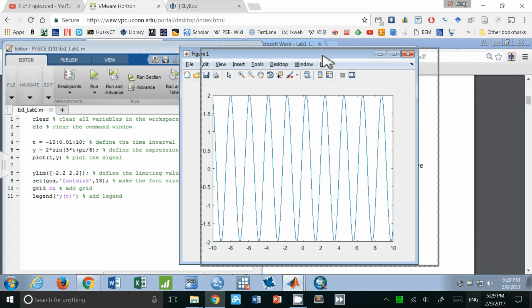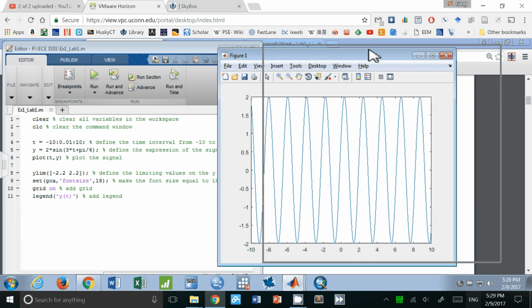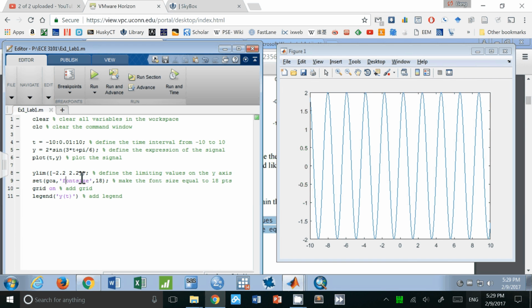Now, I added 3 lines of code. The first line of code says ylim. This is the y limit. The limit on the y-axis currently is from -2 to 2, and I would like it to go from -2.2 to 2.2, so I leave some margin on top and underneath to see the limiting values. Secondly, I want the font size to be a little bit larger, so I set it to 18, such that this text becomes larger. And I want to add some grid to the graph, and I want to add a legend